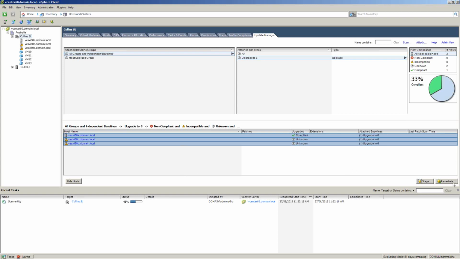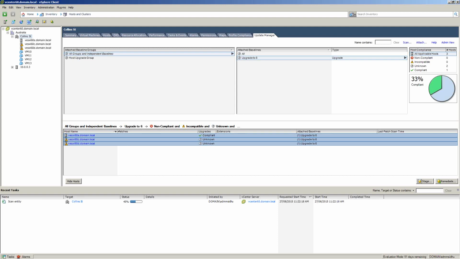We quickly talk about staging and remediation while this happens. Staging is when you've got multiple hosts sitting in remote locations. It lets you get your host ready for the upgrade to 6. The patches go across to that host, and they sit in some location, I think in memory or somewhere. And when you actually remediate the host, that's when it starts to upgrade to 6. That's just preempting the install or the upgrade.